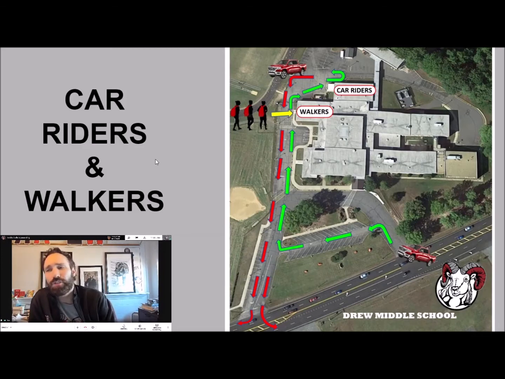So if your temperature's over 100 degrees, and this is what we think about, they do check your temperature before you get on the bus. But we have to realize too, and this is why we're going to take your temperature when you get off the bus and you get out of your car. If you're sitting in a car and the heat's blasting on you and we try to take your temperature, it's going to be hot because you're sitting in a hot car.